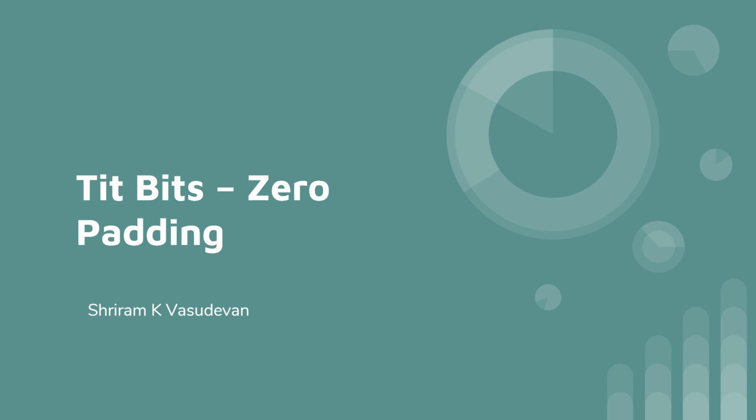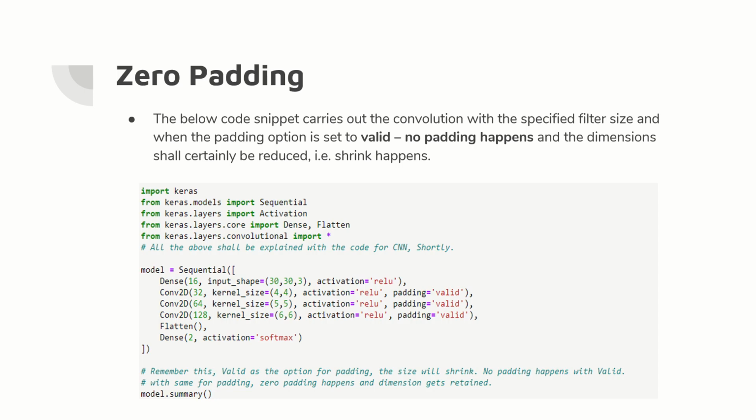In my previous sessions on convolution and the CNN architectures that we have developed, we have been continuously using zero padding and max pooling. But there are some tidbits that you definitely need to know about zero padding and max pooling as well. So I'm going to tell you that quickly with a demo, as in how we realize that practically when you do zero padding. That's the session today. I'm going to show you how zero padding works.